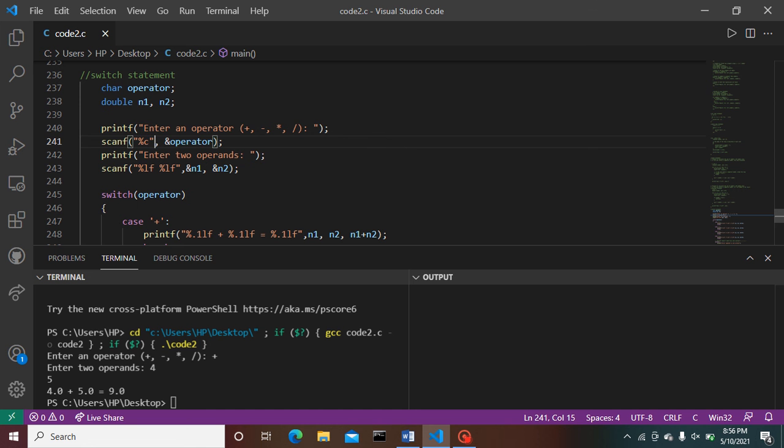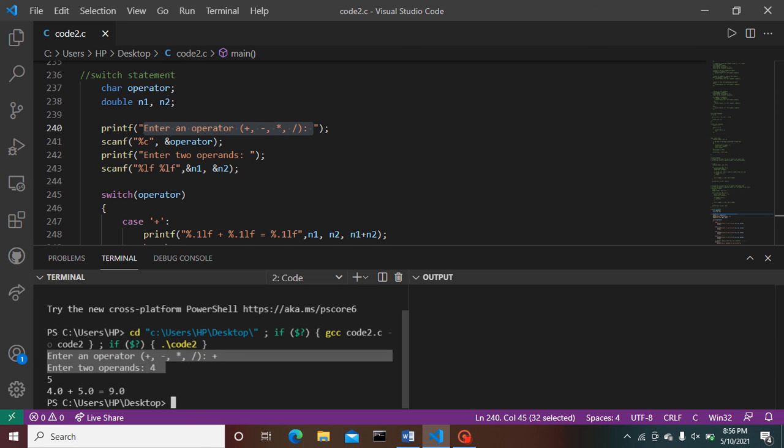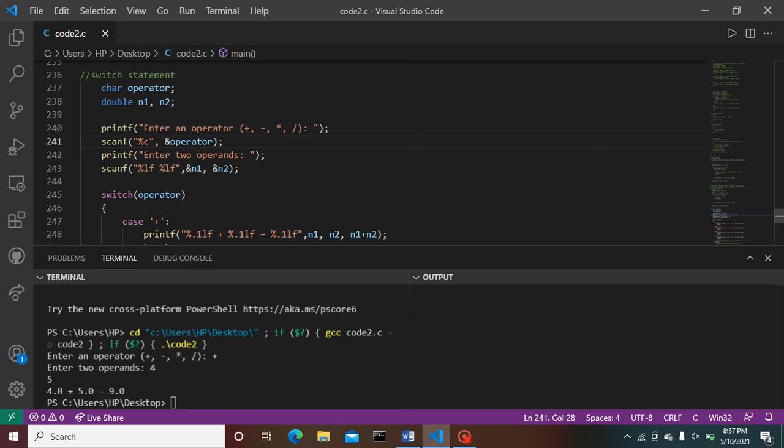The very first line, line number 240, prints the expression exactly as shown here. And this scanner takes the input required from the user.